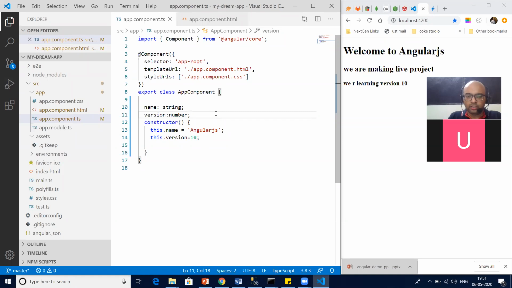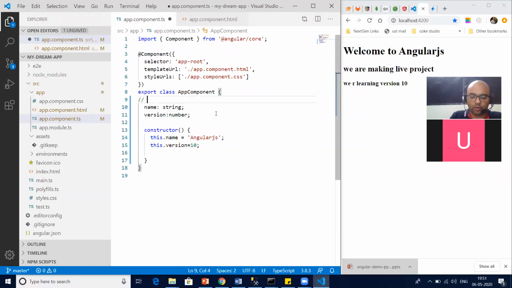So let's see some more enhancement over what we did in the last session. Let's see on top of it what else we can do in the component. When I say name and version, these are two properties which we created in the last session.